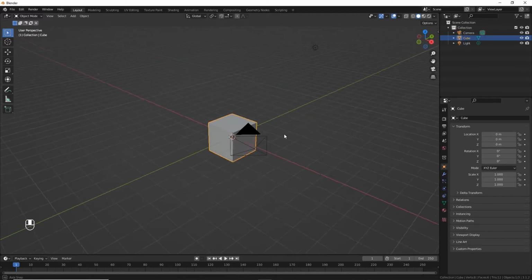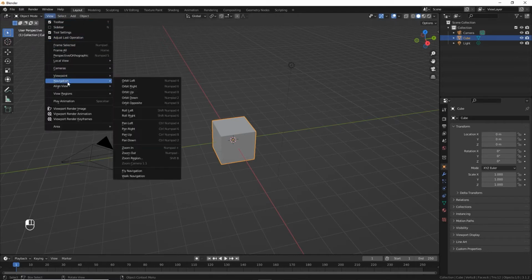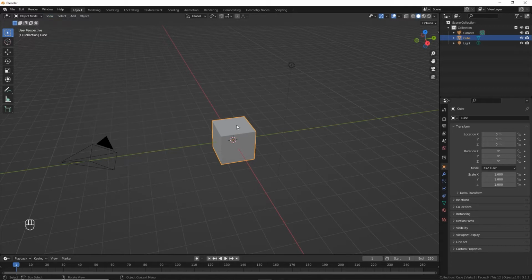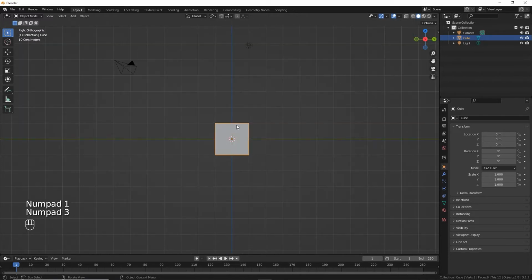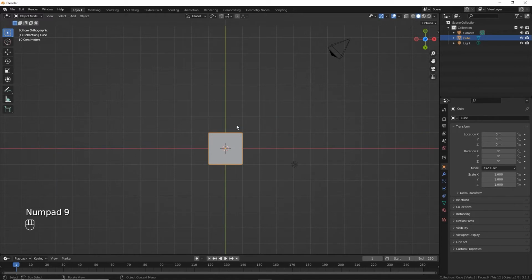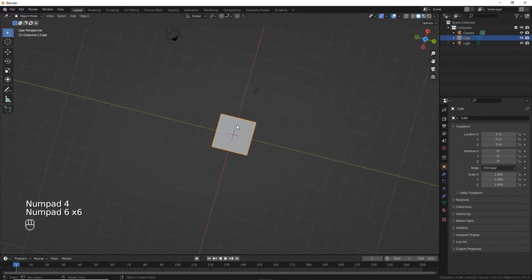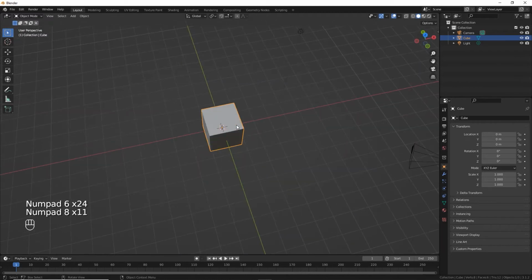We can have different camera views using the number pad. If you don't have the number pad, I highly recommend using a keyboard because it will give you a lot of shortcuts. But if you don't have a number pad, you can use this menu over here. This is basically to quick jump to different views. You press 1, you see the scene from the front, 3 is from the right, 7 from the top, 9 from the bottom, and with 4 and 6 you can spin around, and with 8 and 2,